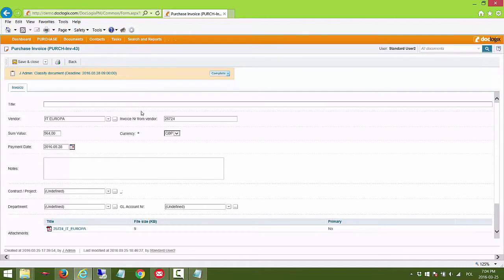So now I'm logged in as an officer responsible for classification. As I see, I've got this orange label telling me that I've got the active task related with this particular capture purchase invoice. So the task is to classify document. In here, I'm just providing a very simple description of what this invoice is for. So it is attendance